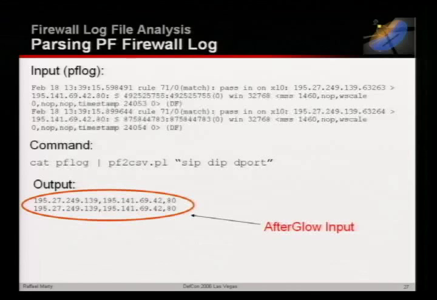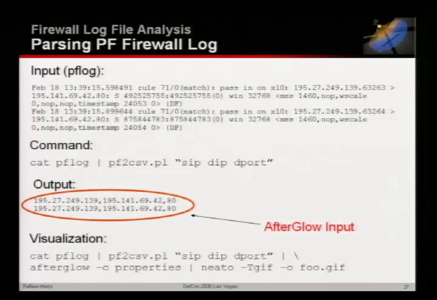Now this CSV output is the input for Afterglow. Putting it all together, you basically cat the log file, pipe it into PF to CSV, give the fields you want, pipe that into Afterglow with a property file, and then pipe it into GraphViz. And there are basically four